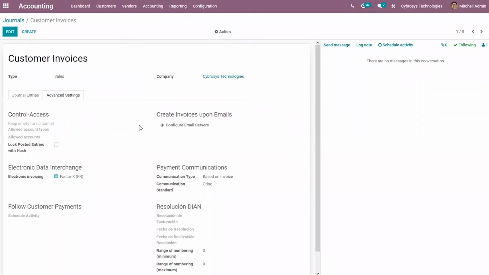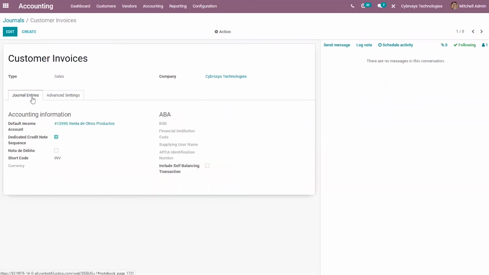The sequence number gets updated in the journals, and then configure the prefix and the next number of the sequence number, and it should synchronize with CEN, that is, electronic business sender.